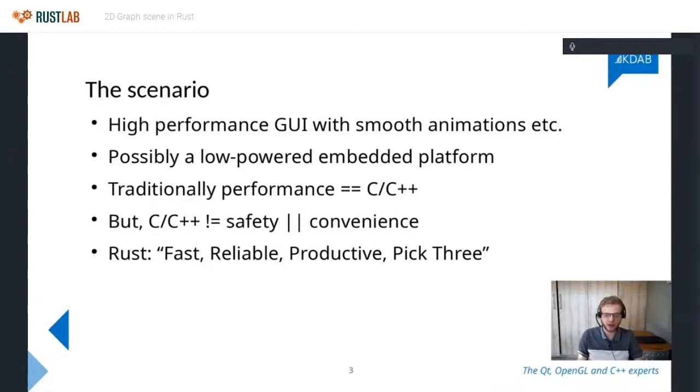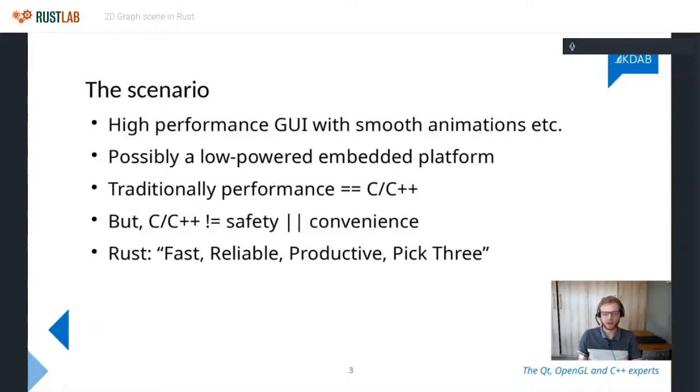Now, obviously, I said Rust is a new option in the high performance space, which isn't quite true. I think it has been with us for over a decade, but in the past year or two, I think it has really become a production grade option, with companies like Microsoft, Amazon, and Google publicly stating that they are using this in production. So that's why I think the rest of us can now also start looking at that.